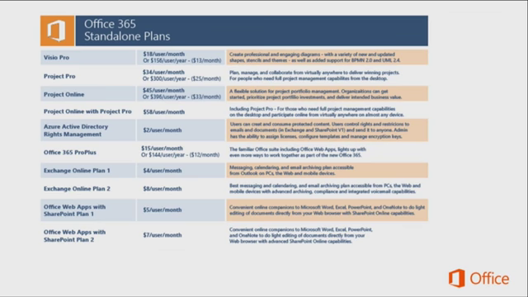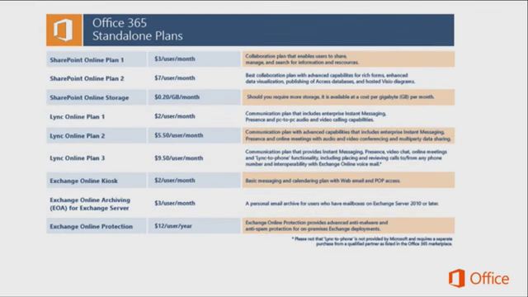And then, of course, you can change your other plans. So Exchange Online Plan 1, Plan 2, Office Web Apps with SharePoint. We've got a couple slides of these. SharePoint Online Storage, if you need to bump up your storage for SharePoint, and the 3 different plans for Lync. All of these are available individually as well as part of a package. Just a note here: Lync to Phone is not provided by Microsoft right now and requires a separate purchase from a qualified provider.